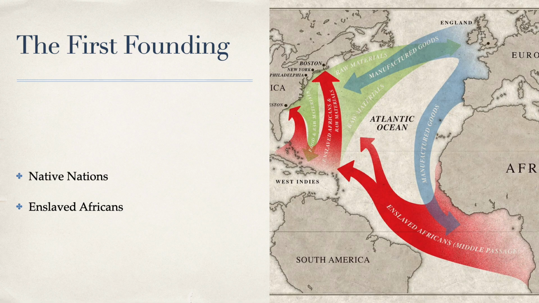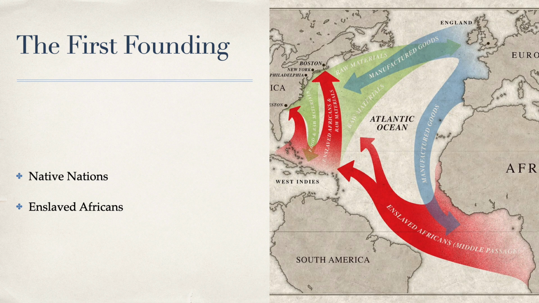And then we also have to remember the enslaved Africans in the colonies. Profits gained through slavery were critical to the early development of the colonial economy and made it possible to imagine a future without British rule. In 1619, 20 to 30 slaves arrived in Jamestown, Virginia, and this marked the beginning of the transcontinental slave trade. Slaves were considered property that could be bought, sold, and insured, and they had absolutely no legal rights.